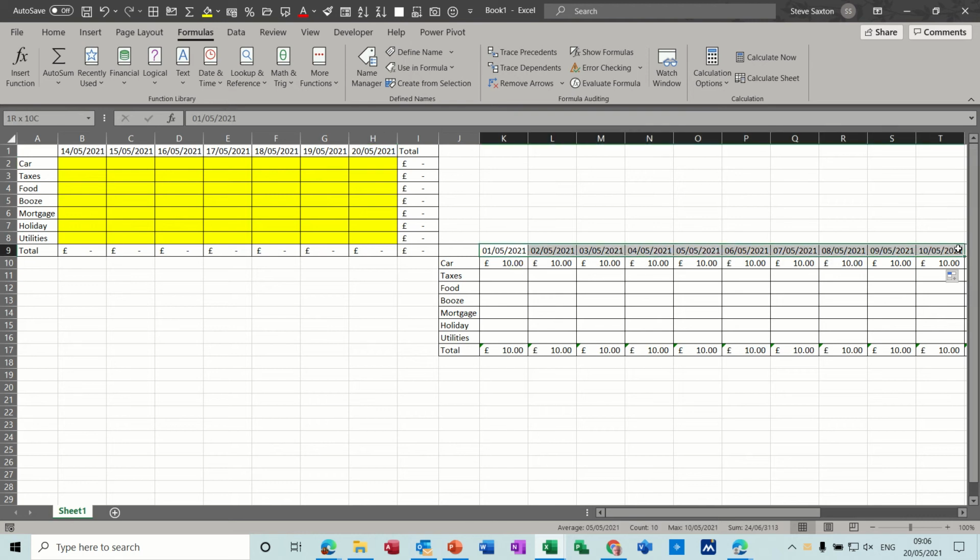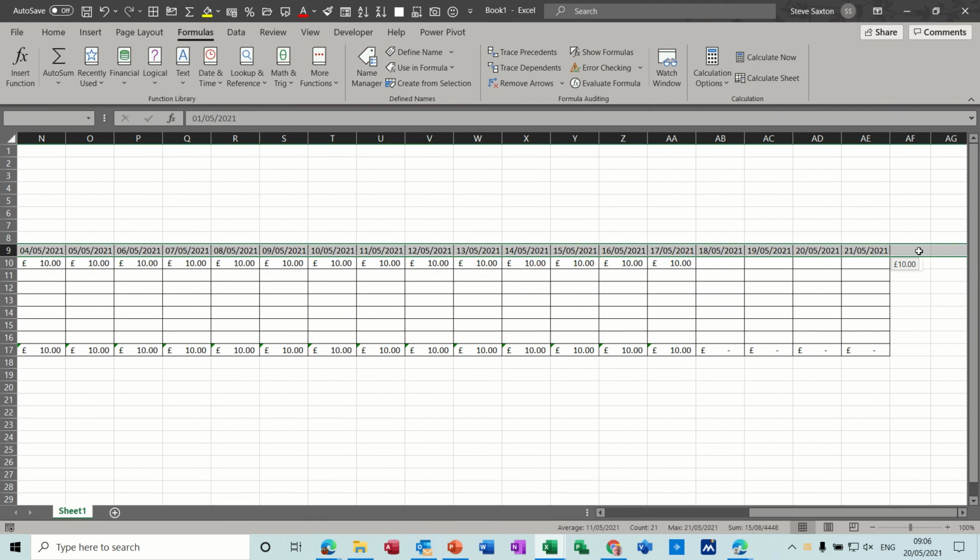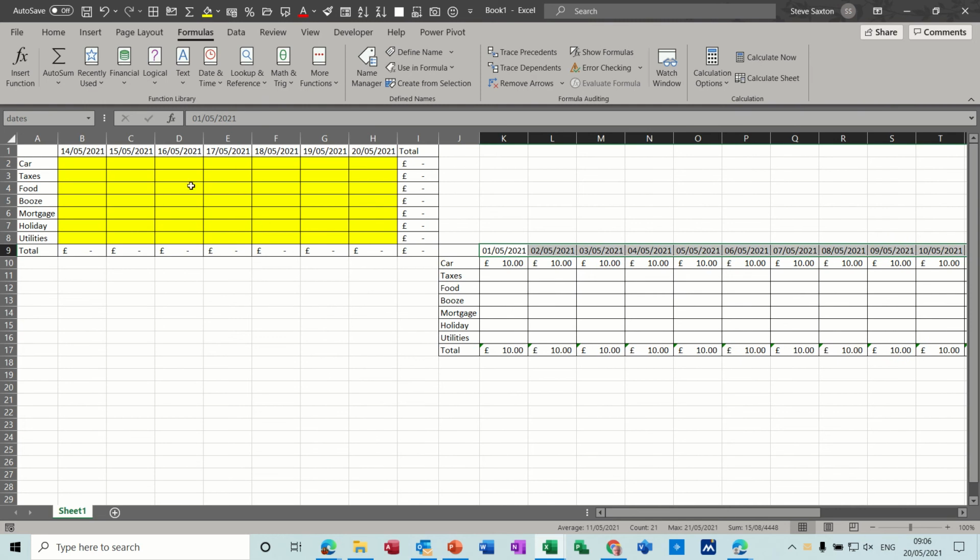I'm going to highlight these, and I'll just call these dates, just type it in there, dates, press enter, called dates. So now I should be able to use a SumIF function that's going to look for dates. So if I type it in there, equals SumIF, the range is going to be dates, comma, criteria is if it equals that date, comma, and then sum range car. I've called it car, and then tick, and then it brings that £10 in,